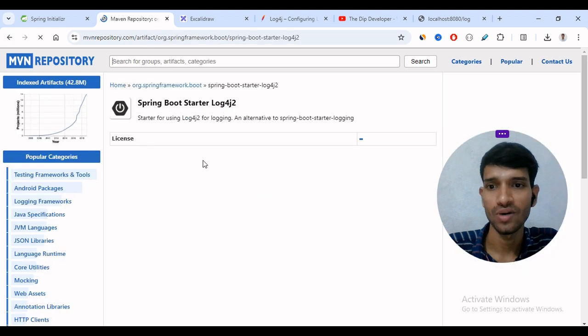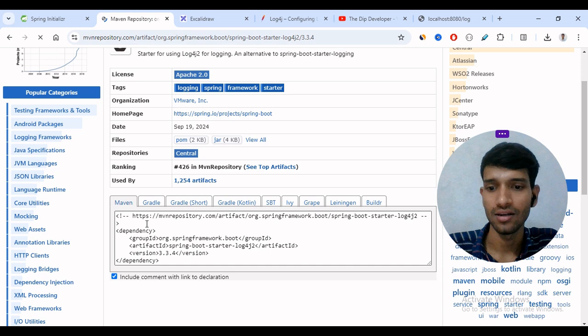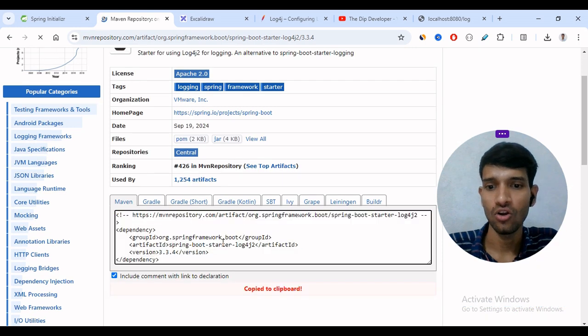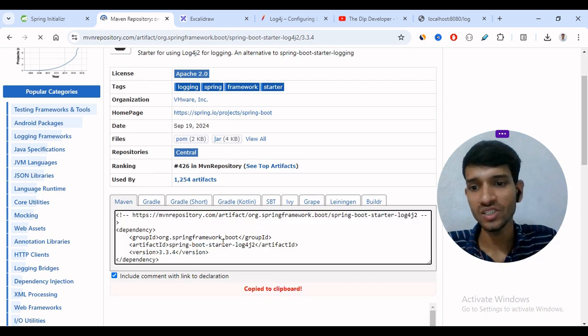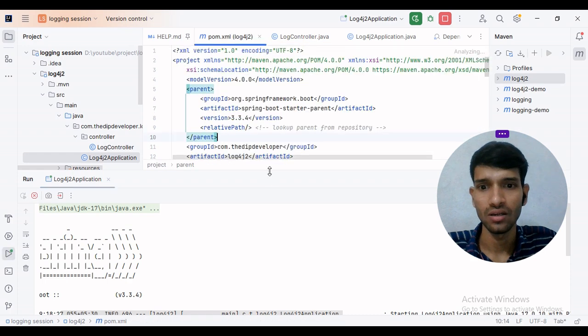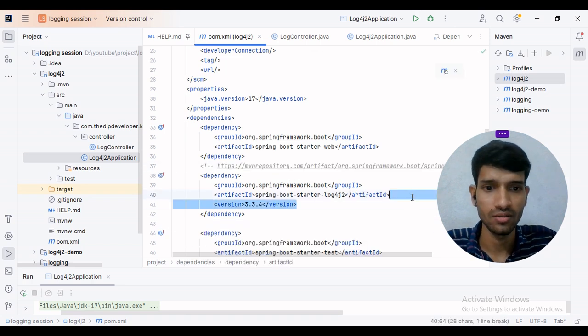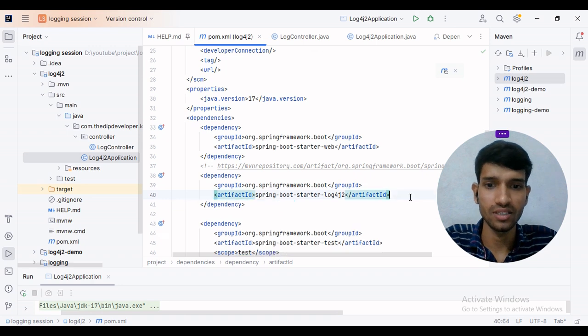This is the first link, and I will import it. You can pick any of the versions of this Spring Boot starter log4j2. I will copy this, stop the application, go to the pom.xml file, and paste it here. I remove the version, and it will automatically take the dependency. Then I reload